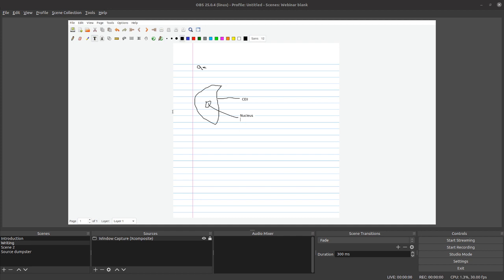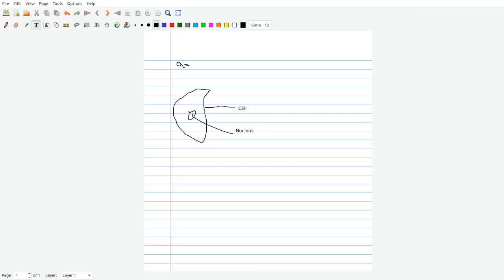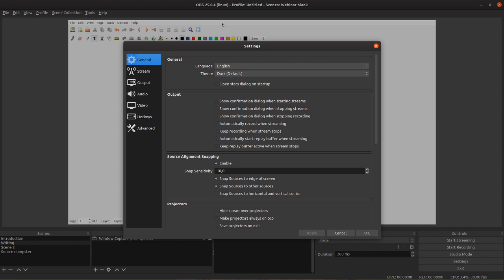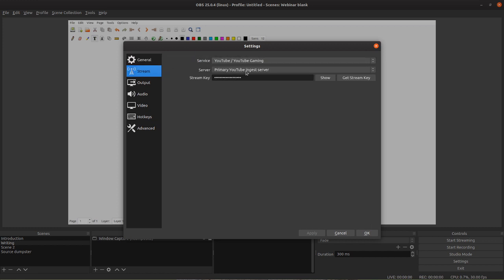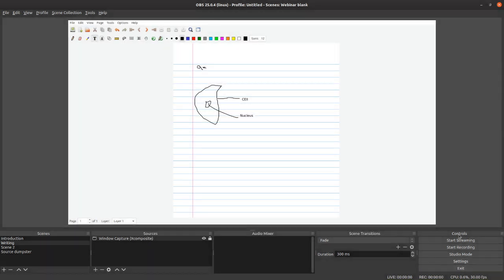And then, of course, the output, where does the output go? The output goes to wherever you want to stream it to. So if I go over here and I click start stream, whoops, I don't start streaming yet. But if I go over here, now you can see there's my stream, there's YouTube, and there's my key that I'm using at the moment for streaming. It's a one-time key, so even if you copy it, it won't do you any good. And that's it. Once I say OK, I've saved that, and the minute I click stream, it's going to stream